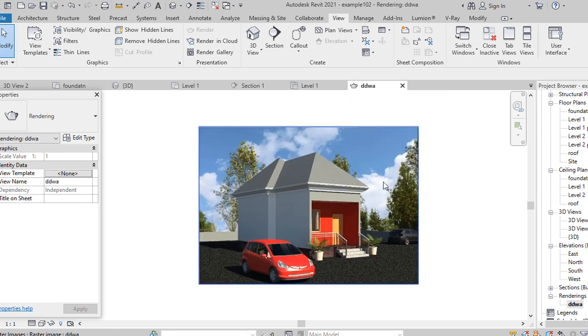All right, now this concludes our course for beginners on Revit, and I hope it offers you some value in your